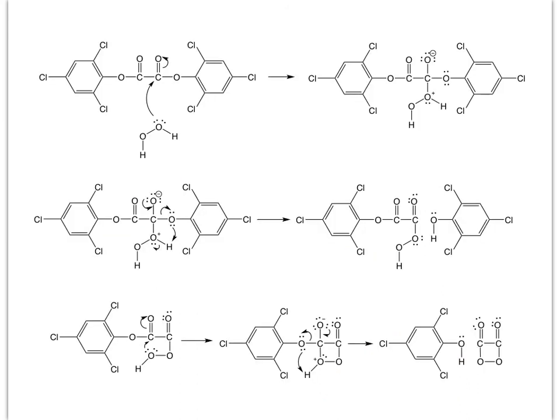So here is a mechanism for the reaction of our oxalate diester with hydrogen peroxide. So if we start here, our hydrogen peroxide, again, we're going to do a nucleophilic acyl substitution. So we're going to follow that same pattern. So our nucleophile attacks,